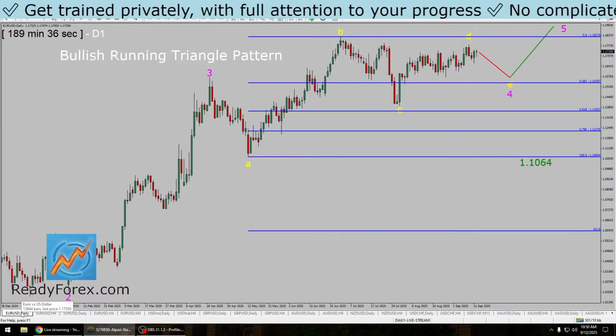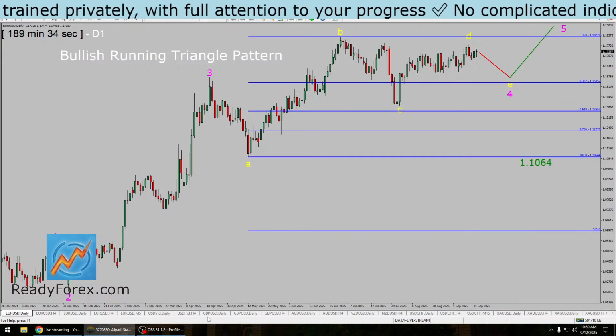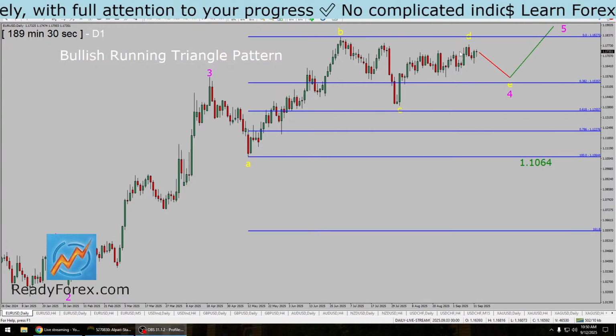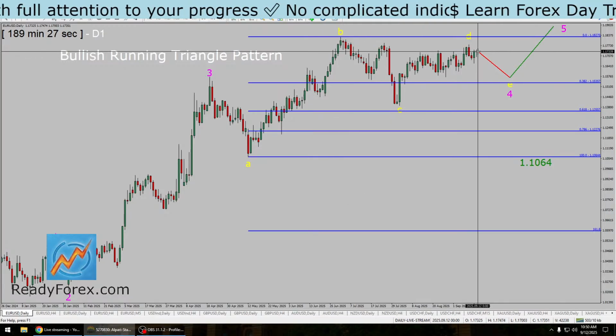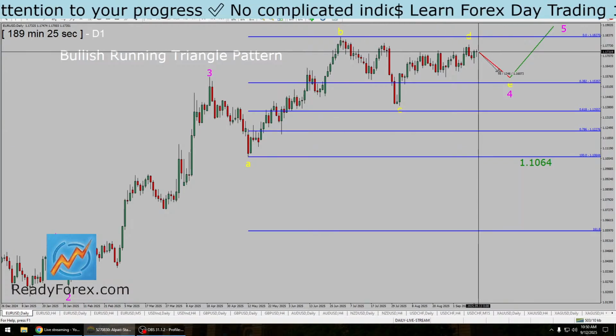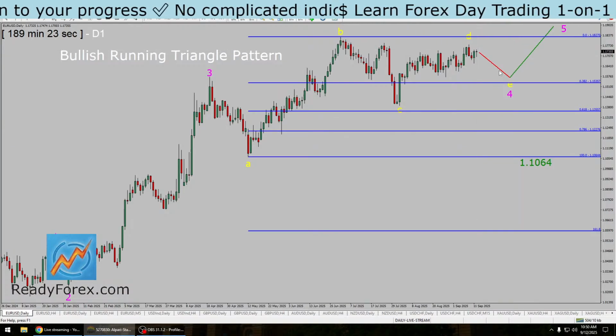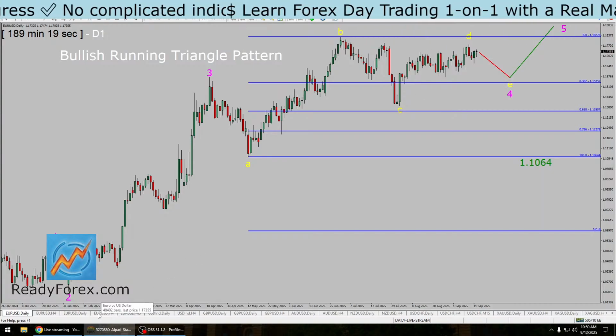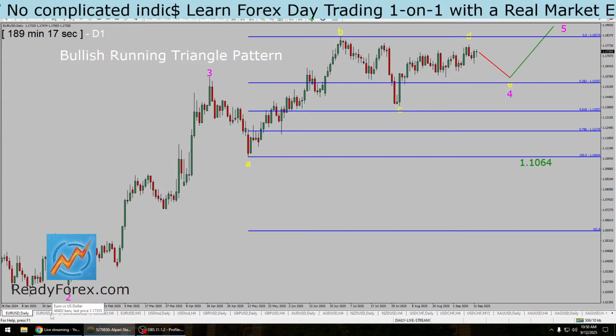First thing first, the euro dollar. The euro dollar currency pair, the trend is clearly up. It's an uptrend in euro dollar. This is a pattern which suggests that we might get a drop in price action of euro dollar currency pair. I see a market is actually going to rise up, and I do have an alternative Elliott wave count, but